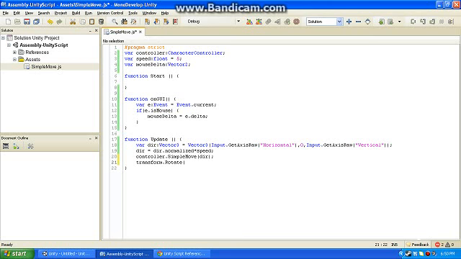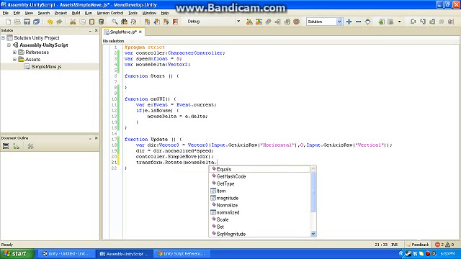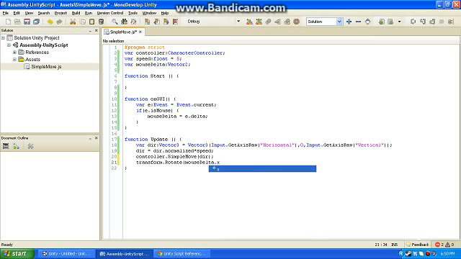So rotate equals input dot mouse delta dot X. Yeah, it has an X and it has a Y, it doesn't have a Z. So dot X, which I assume is the left and right component of the vector,